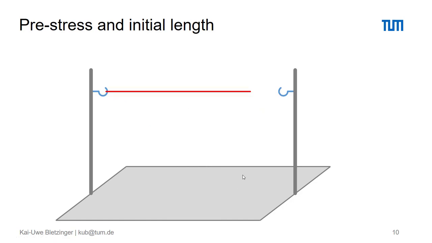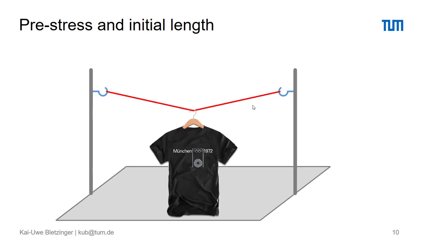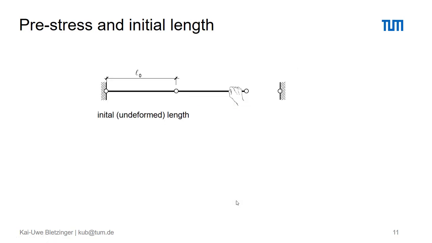So what are we doing? We go back, take a cable a little bit smaller than the distance between the two supports and just force it by pre-stressing it, or pre-deformation. We elongate it into the supports. We apply by that a pre-stress force. As a consequence, the deflection might be smaller and everything is fine. The shirt doesn't hit the ground anymore.